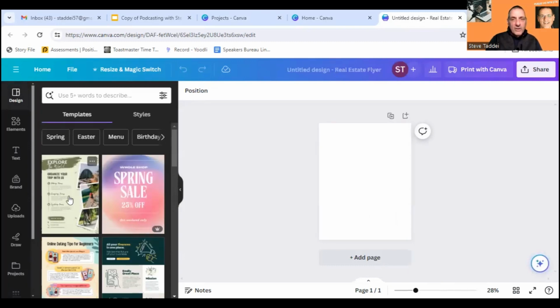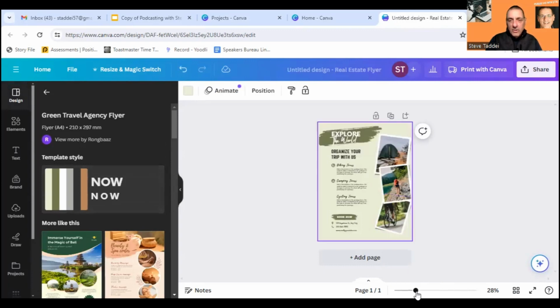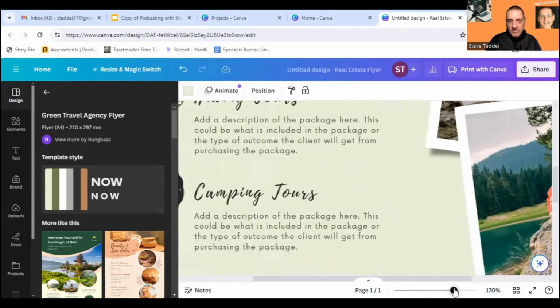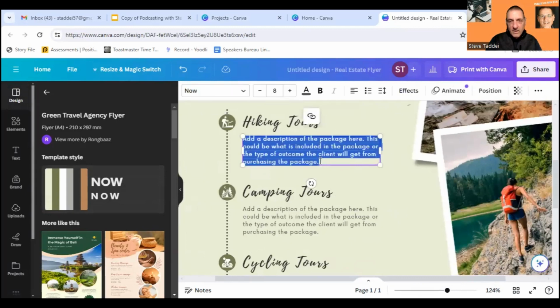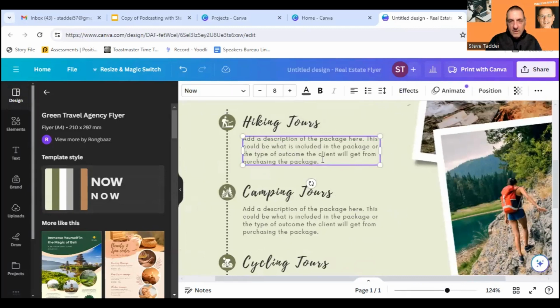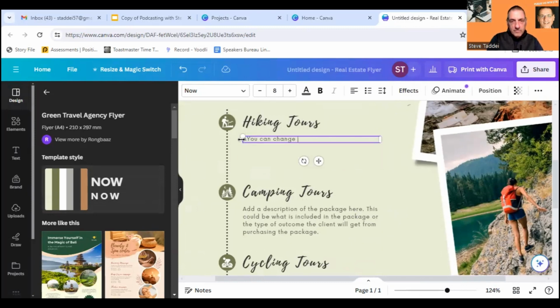There are pre-made flyers where you can adjust any way you want. You can also change the size or zoom in. And you can change the wording and keep the same format.